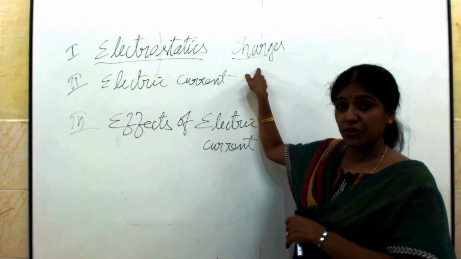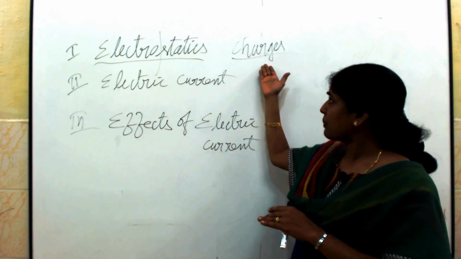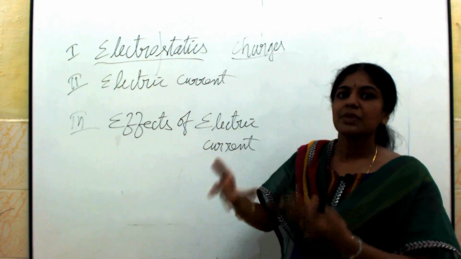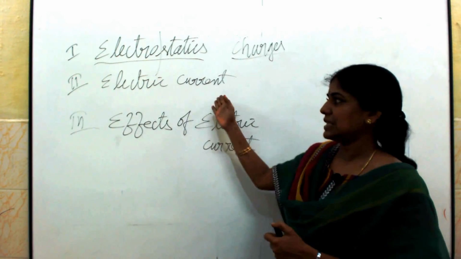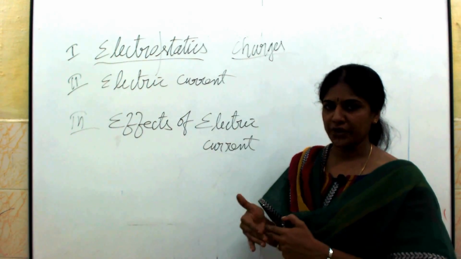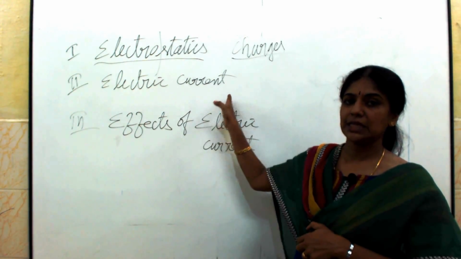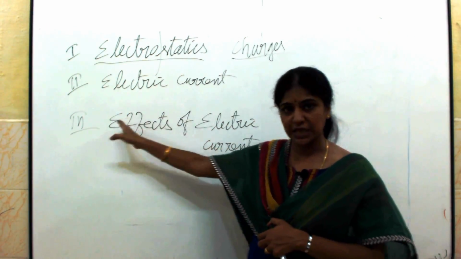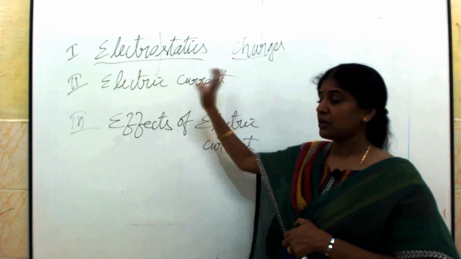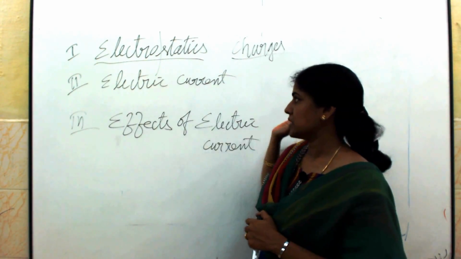Here the charge is your hero, he is not going to move, he is static. Now what happens if the charges move? We are gaining current. That we are going to see in the second chapter. Whenever there is a current, there will be something to resist the flow of current. That we call a resistance. So what happens to the resistance when they are connected in series, in parallel? All that we have seen in the second chapter, electric current, isn't it? Then the applications, all that we have completed in the second chapter, electric current.